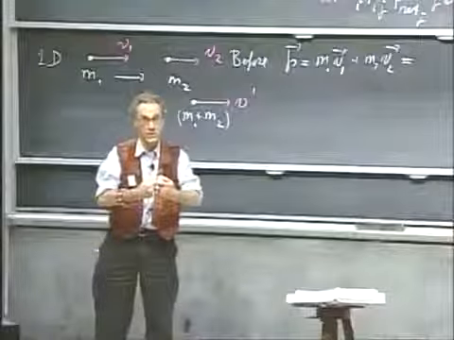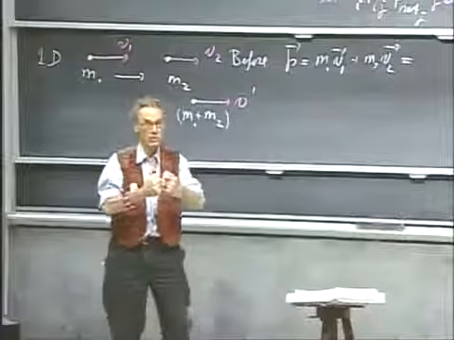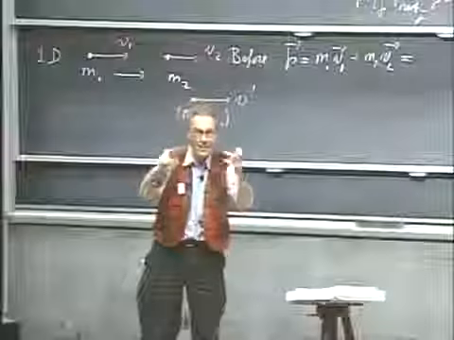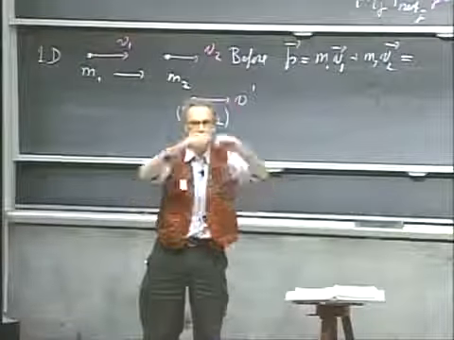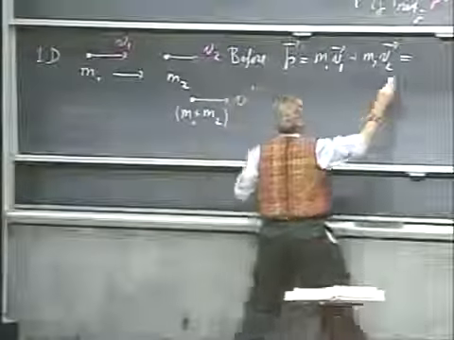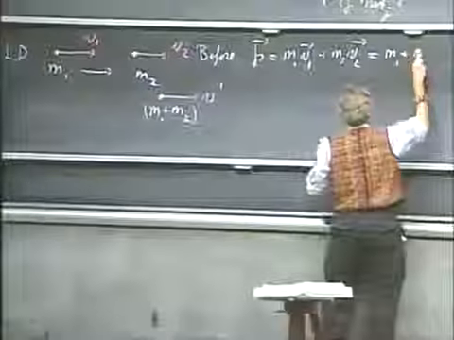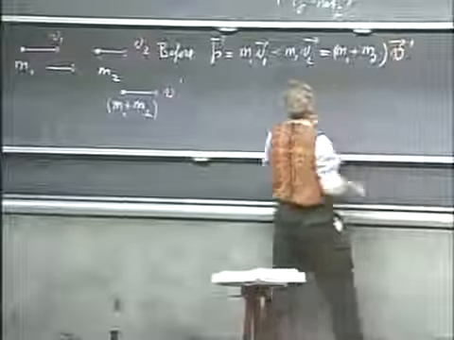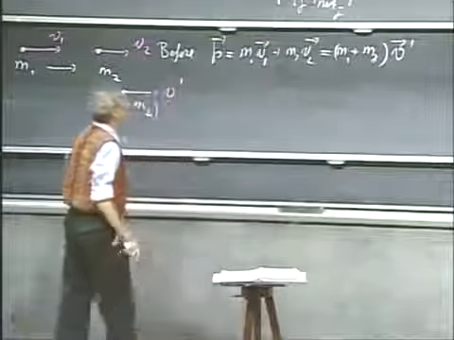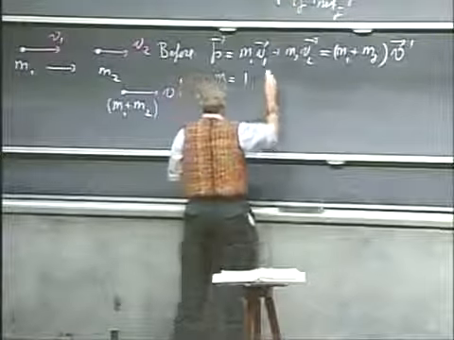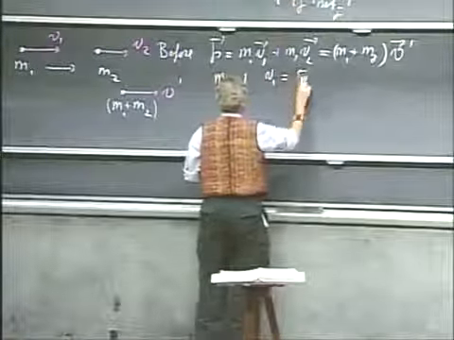When they collide, you better believe that there are internal forces. You better believe that there is glue. And it goes plunk, and they feel those forces, both of them. The momentum of each one individually is changing, but not the momentum of the system as a whole. And so this equals (m1 plus m2) v prime. And so if we put in some numbers, suppose m1 equals 1 kilogram, and v1 is 5 meters